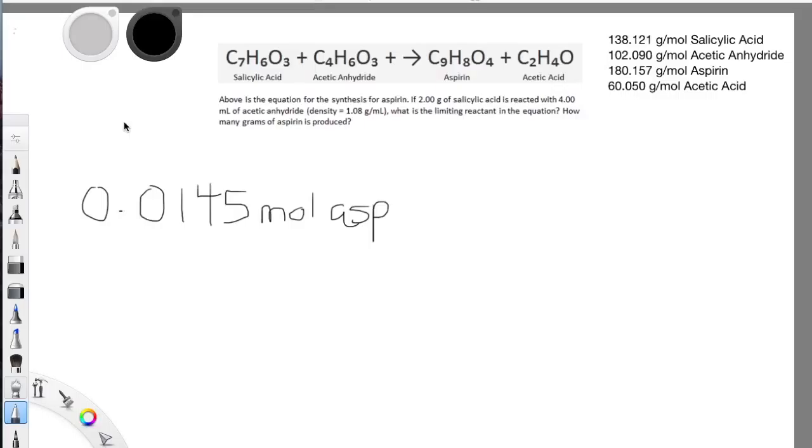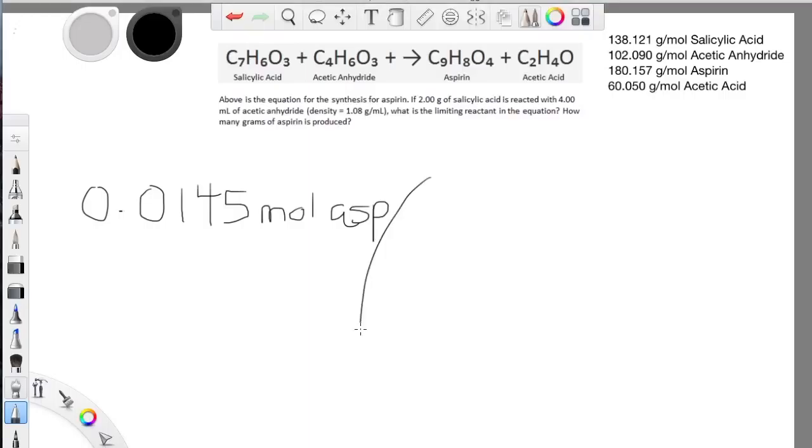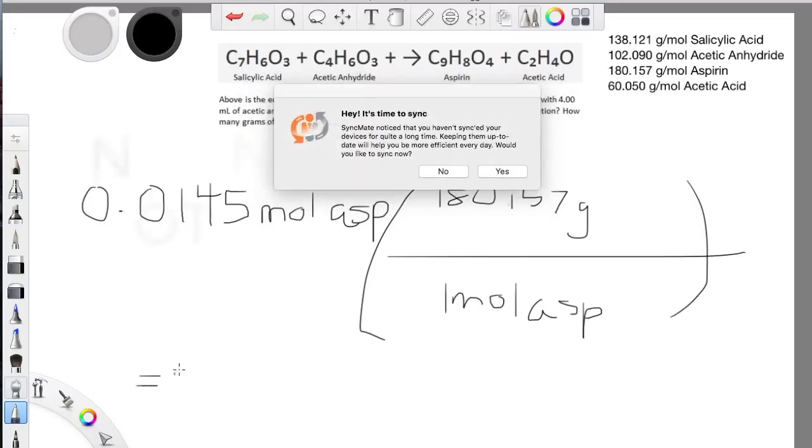Now that we know how many moles of aspirin we produce, we can determine how many grams of aspirin we've produced. Now, we use the limiting reactant to determine how many moles of aspirin we produce, because remember, that's the reactant that's going to run out first. So if we try to calculate aspirin from the excess reactant, we wouldn't get the accurate amount of aspirin that we've produced, which would throw off the numbers that we'll be calculating. So we're going to use a conversion factor also to find the amount of aspirin that we're going to produce. 180.157 grams per mole is the molar mass of aspirin. So we're going to multiply 0.0145 moles times the molar mass of aspirin. Once we calculate that, we end up with